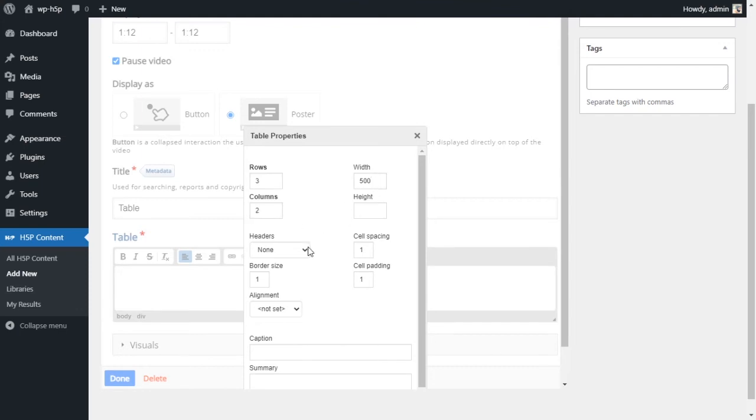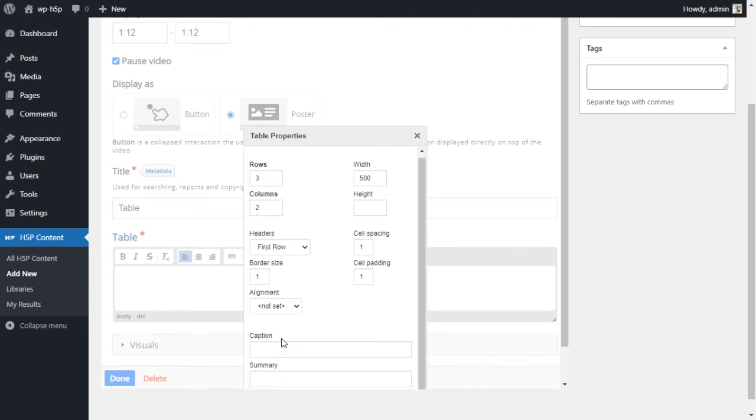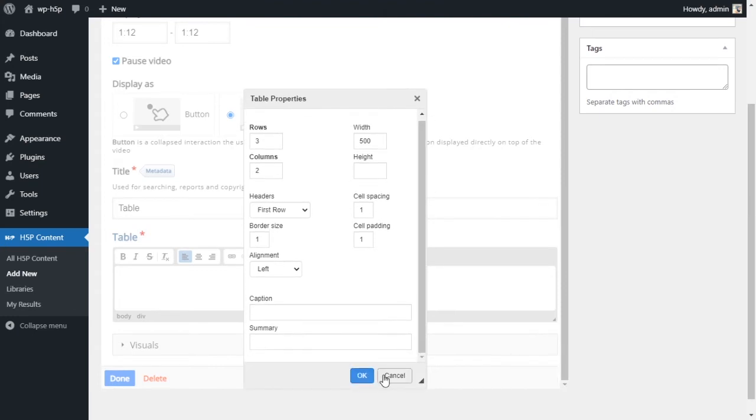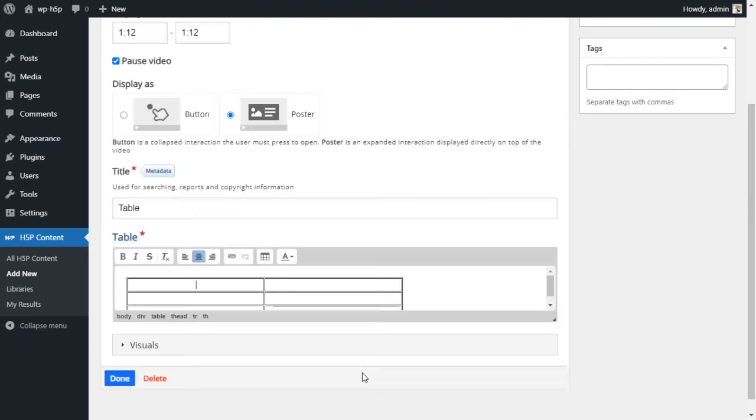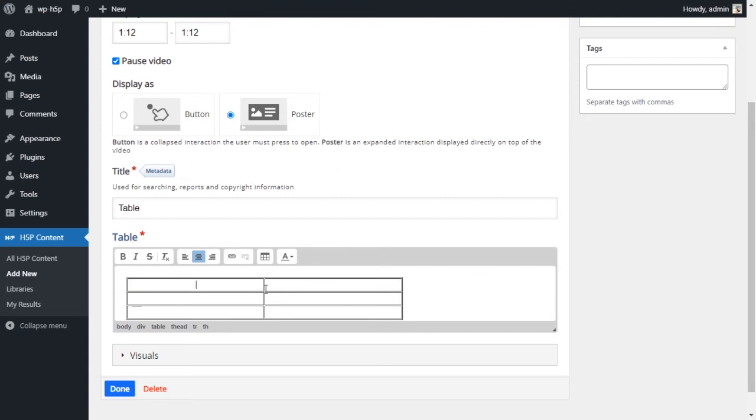You give it the width. Headers, first row will be a header. It's got borders, that's fine. Alignment, we just say align it to the left. We're not adding anything else. So I have a table here, and it's just, I don't know, people, places,